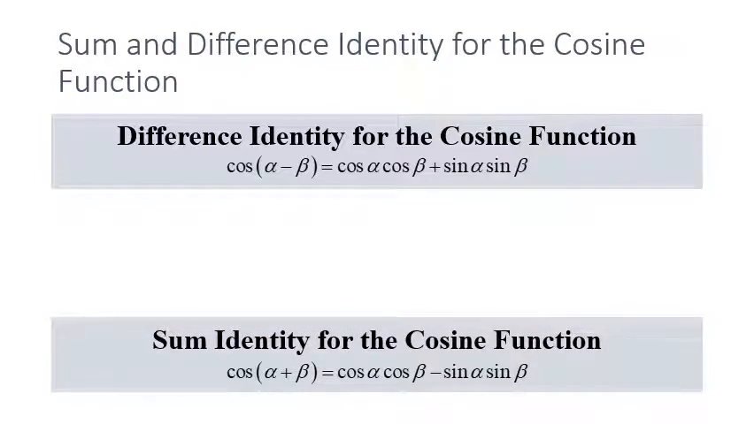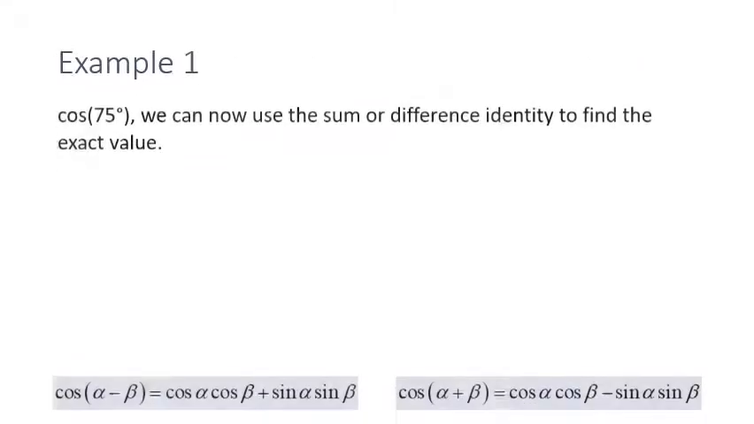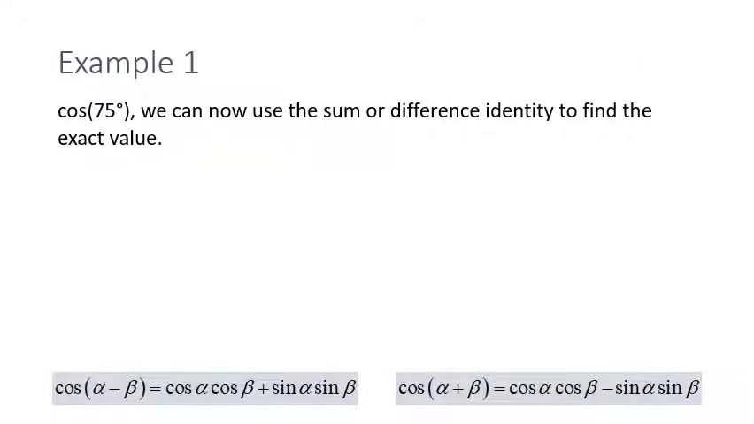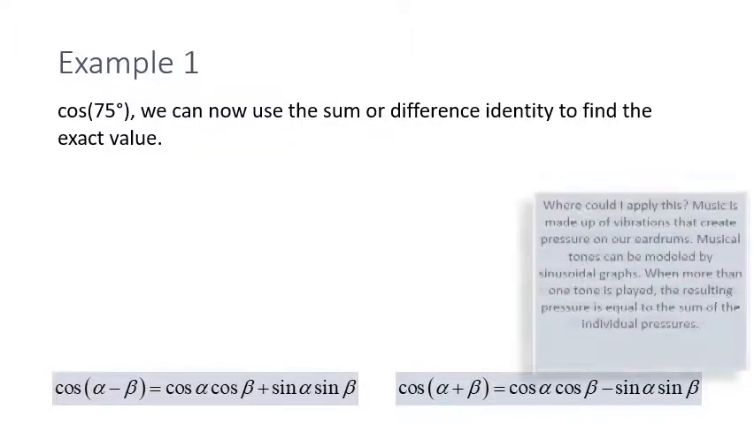Now these are great because they're actually going to help us figure out the exact values, without using a calculator, of angles that are not our special angles. So for example, if we were having to find the cosine of 75, normally we wouldn't be able to do that. When you look at your little table,